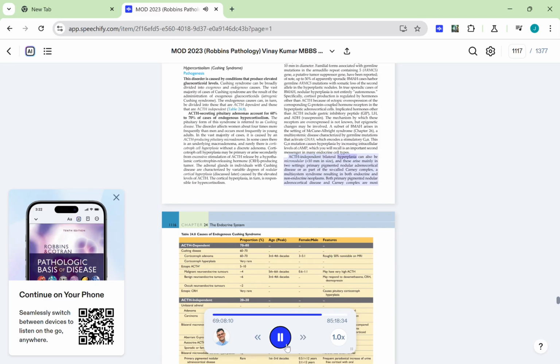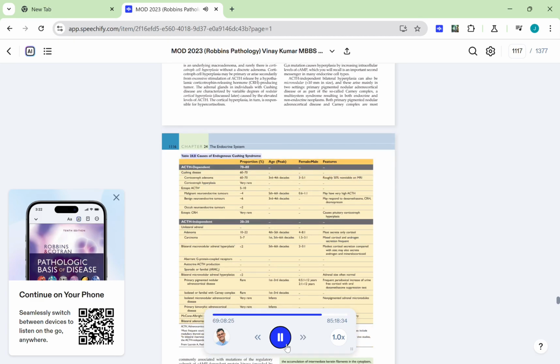ACTH-independent bilateral hyperplasia can also be micronodular, and these arise mainly in two settings: primary pigmented nodular adrenocortical disease, or as part of the so-called Carney complex, a multisystem syndrome resulting in both endocrine and non-endocrine neoplasms. Both primary pigmented nodular adrenocortical disease and Carney complex are most